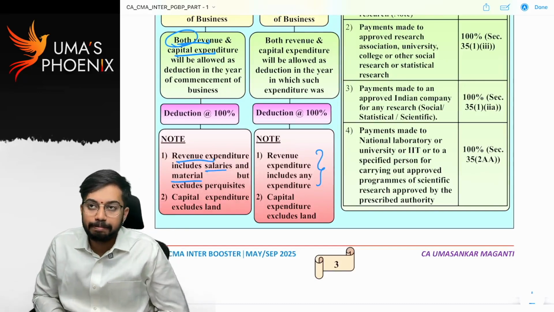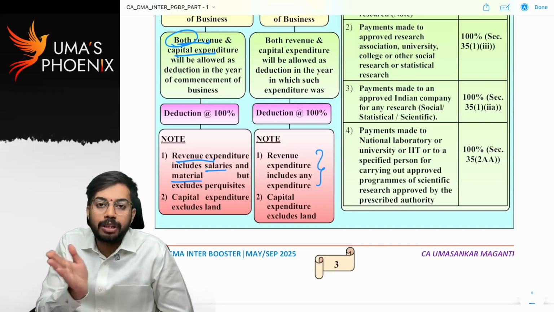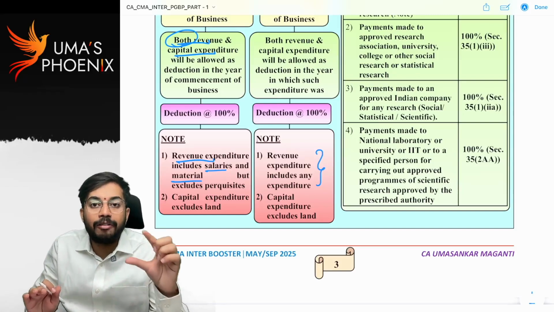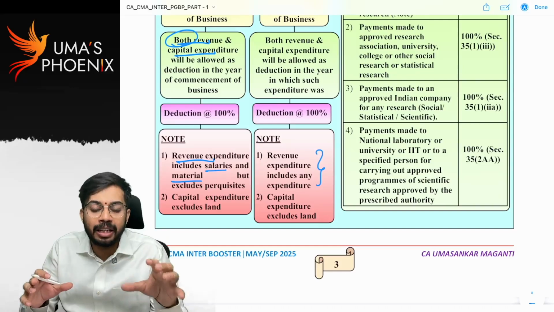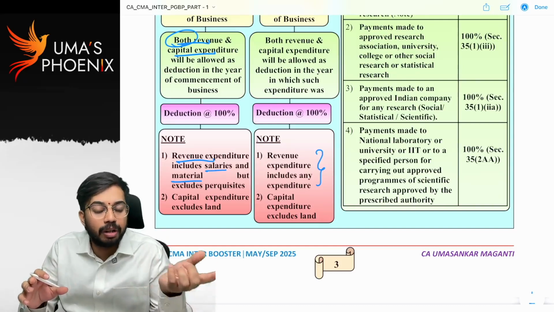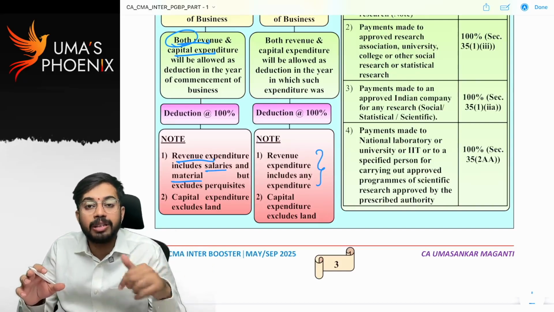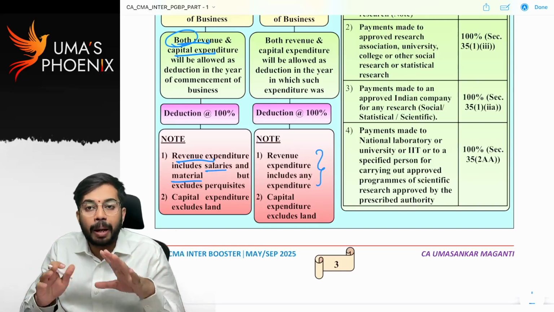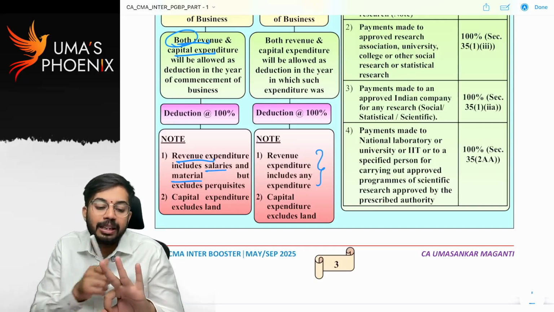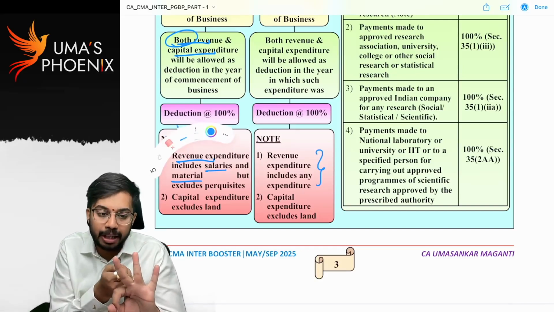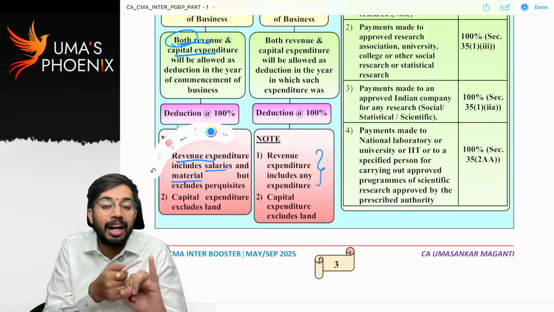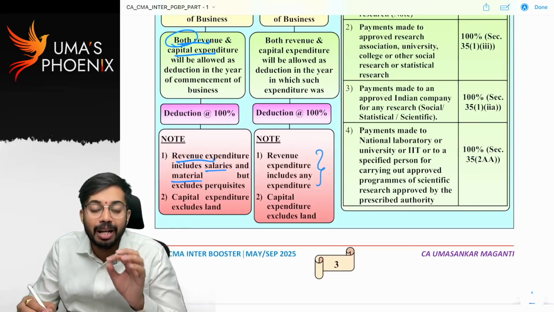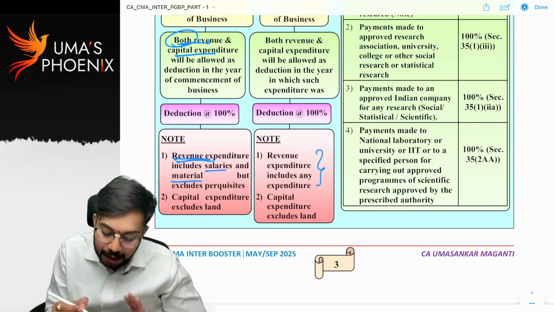What do you mean by this? I will tell this example. Before starting the business, I took one flat on rent. In that flat, I am doing research. For research, I am purchasing research material and I am also paying salaries to staff. I am also paying the rent. Now, for the purpose of research, I paid 3 expenses: rent, salaries expenditure and material expenditure. Material expenditure is allowed as deduction, salaries expenditure is allowed as deduction, but rent expenditure is not allowed as deduction, because before commencement of business, revenue expense means only salaries expenditure and material expenditure.